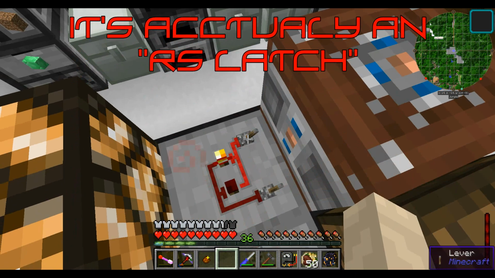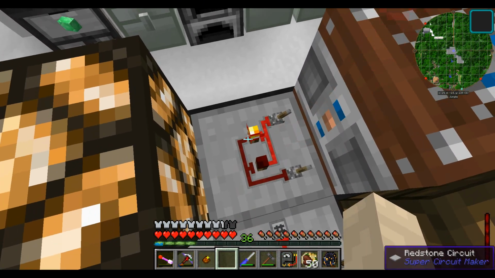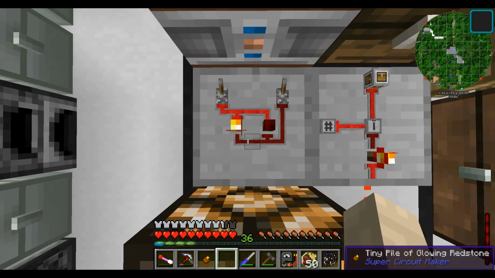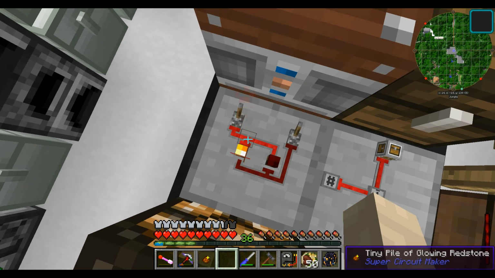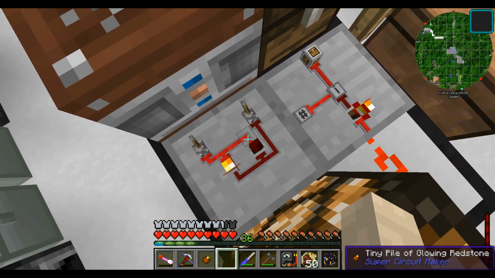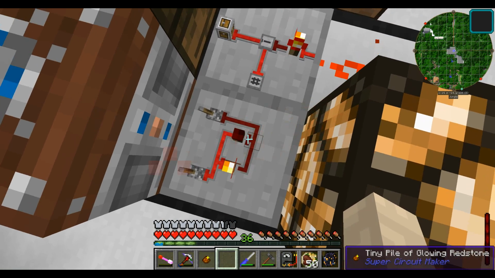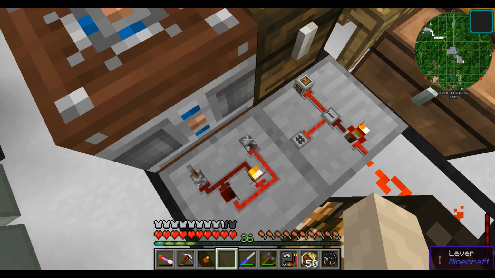As you can see, we've got a circuit set up with 2 NOT gates, effectively, or 2 inverters. It's difficult to see. There we go. Right, so we've got a redstone torch, and it is outputting a signal. That signal is coming along and turning off this redstone torch. This can be reset, however. If we flick this switch on briefly,